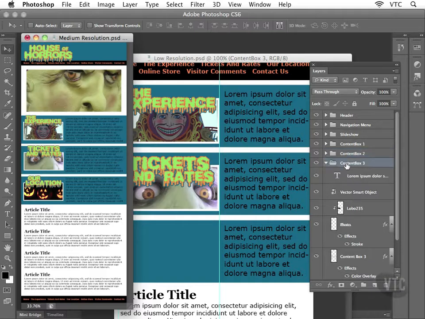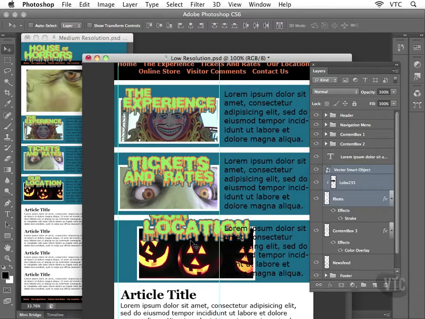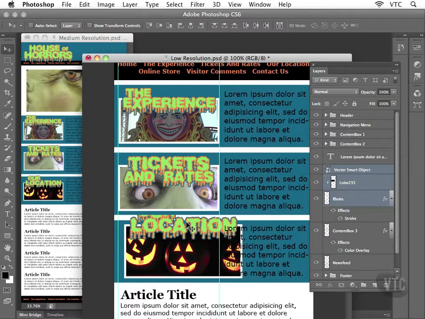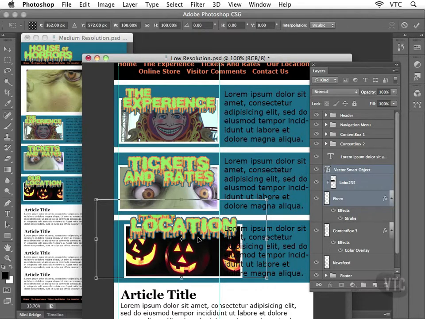Here we go. Content box 3, we want the smart object, which of course is the title. We want Lobo235, our Flickr user, and then the photo cookie cutter layer itself. Okay, grab all 3, and then of course the good old drag and drop there. Okay, perfect, something like that. With the layers still selected, with the object still selected inside the layers panel, go ahead and drop yourself into the free transform, Control-Command-T on your keyboard,